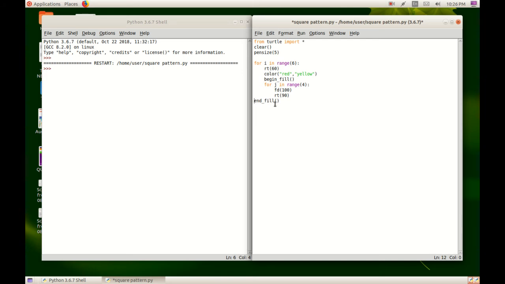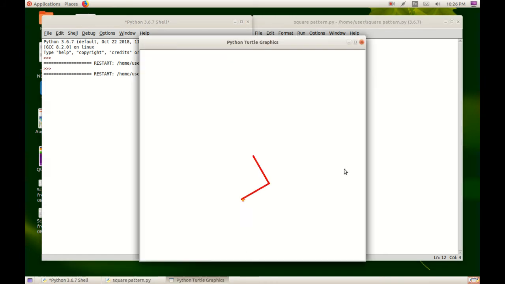And end fill also to the level of this. Okay. Now we will see the change. Run module.